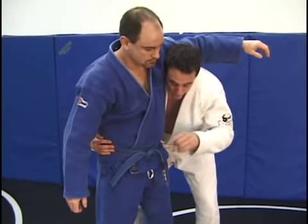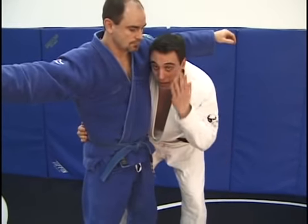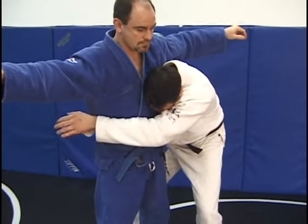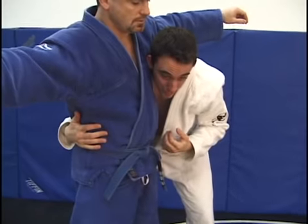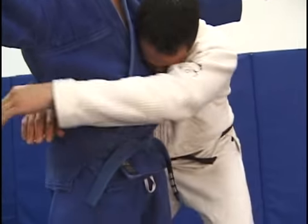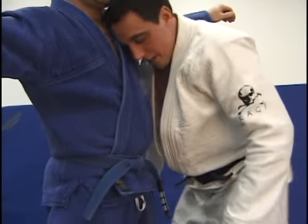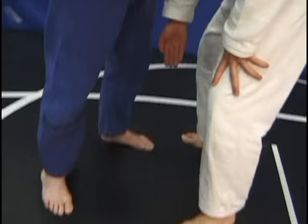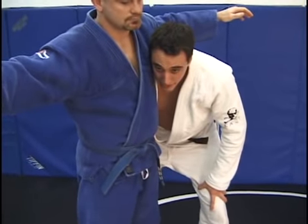Another important thing I do, I hide my face. One side is protected by his belly. The other side is protected by my bicep. Okay, so when I hold him here, I'm protecting my face. It's very hard for him to get at me. Another thing you'll notice, I'm standing to the side. I don't want to stand to the front, which will enable him to knee me in the groin. I stand to the side of his body,